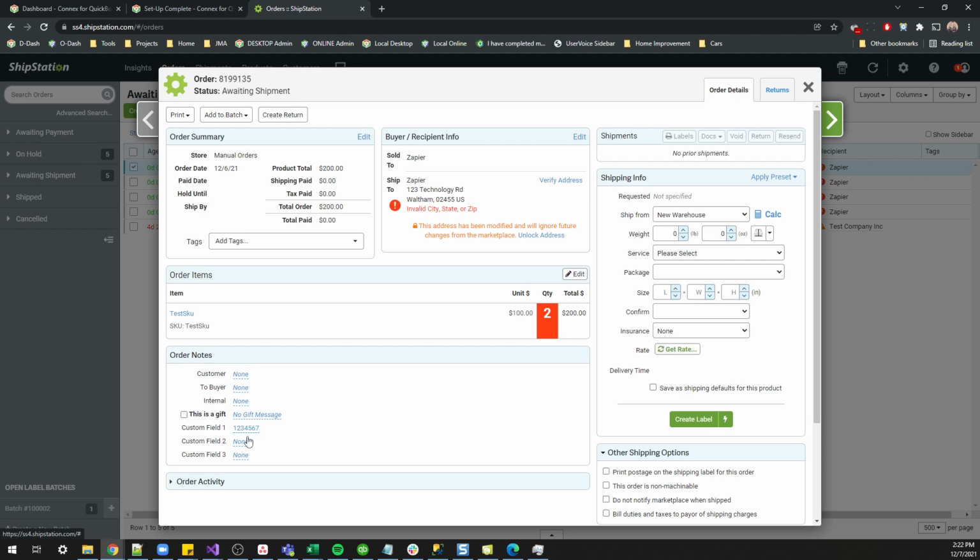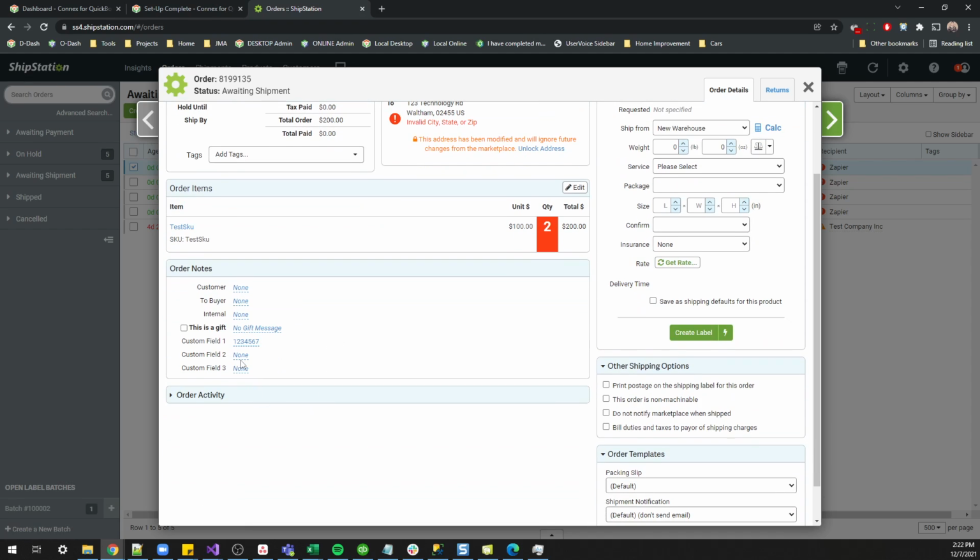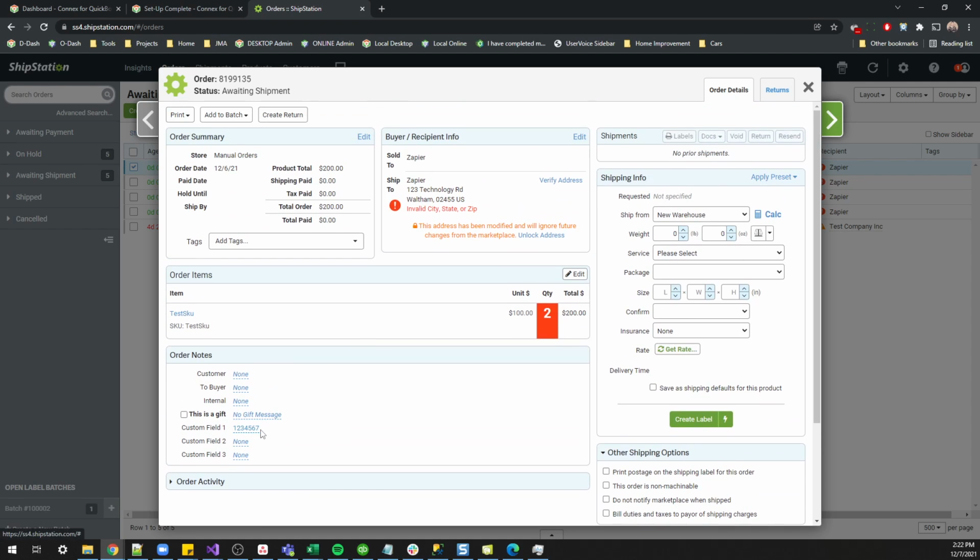I know a lot of people do it this way, through the custom fields. So we support the first 3 custom fields in ShipStation. You could have other data in here like sales rep or just other notes that you want to have. So let's say 1, 2, 3, 4, 5, 6, 7 is your PO number, and this is going to be the invoice synced back. So what I can do is set up a rule to map the PO number, but